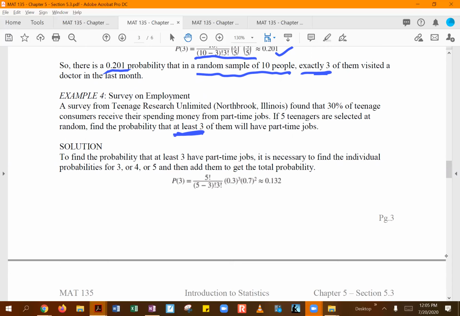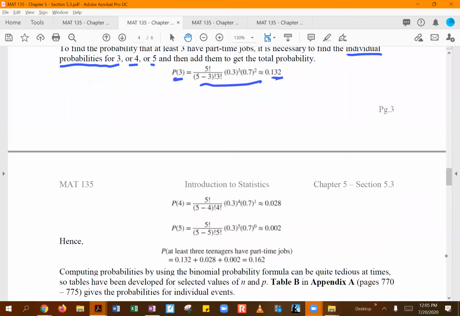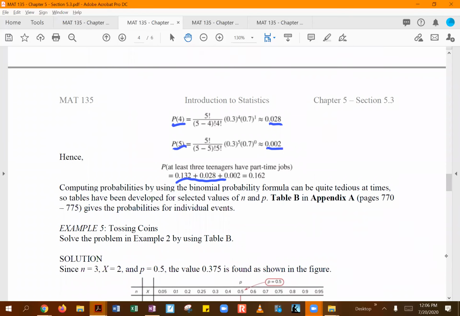For the at least calculation, it is necessary to find the individual probabilities for 3, 4, or 5 out of these 5 teenagers that they have selected, and then add all of those probabilities together. So we start by taking P of 3, plug it into the formula, and get the probability value. We repeat that calculation with X equals 4, find its probability, then X equals 5, find that probability, and then you add all